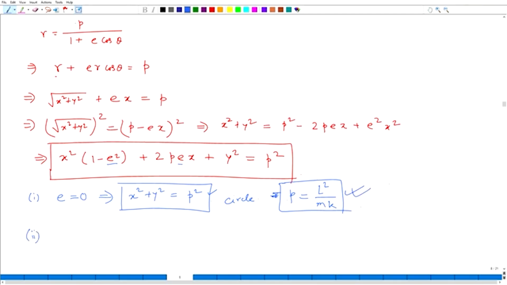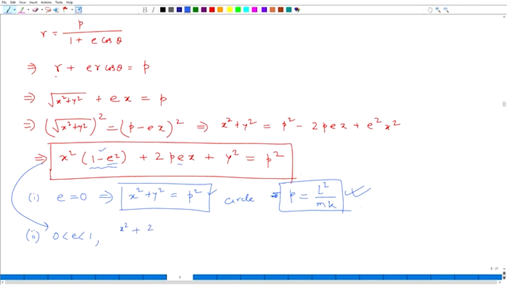Case number 2, when your E is a proper fraction but positive, then what you can do is this: this thing is not 1, but it is something which is a positive quantity. How to write that? We can simply write it in a stylish way. So, we just write over here that I have this thing, and then I can say the equation can be written like this: x square